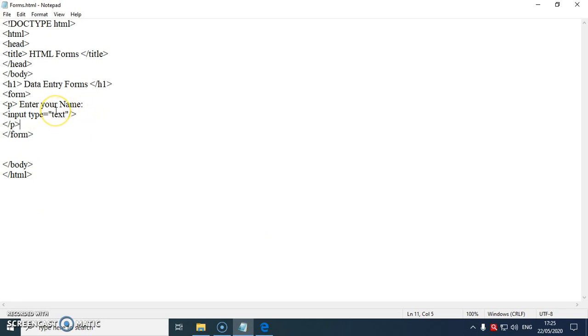The next attribute inside the input tag is name. Every control or any form that you create, you should identify that form or that control, and identification is done using the name attribute. So input tag will also have a name attribute, but we forgot to give a name to the form tag. So I will go to the form tag and use its first attribute called name. So I'm calling the form by a name.